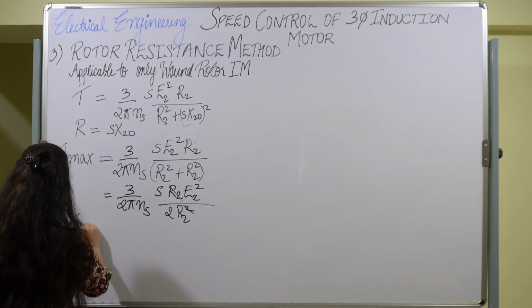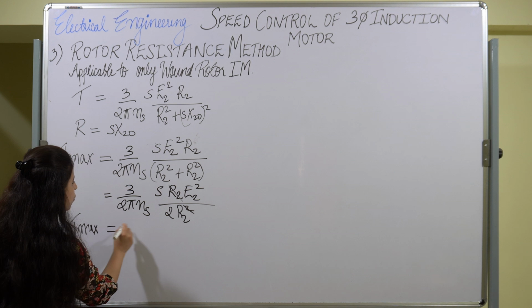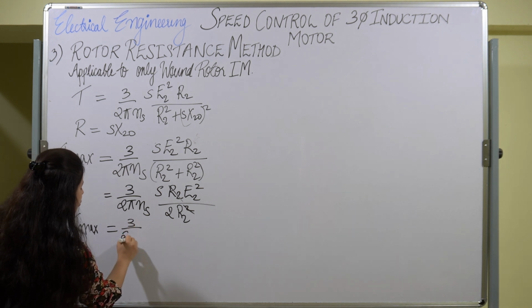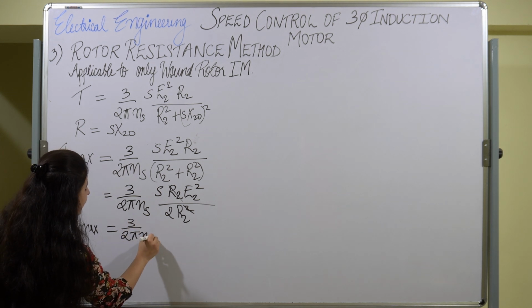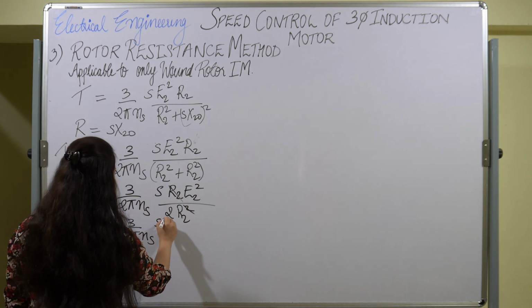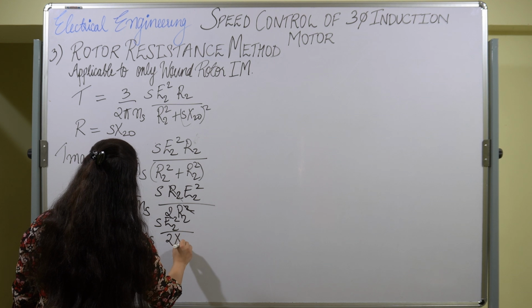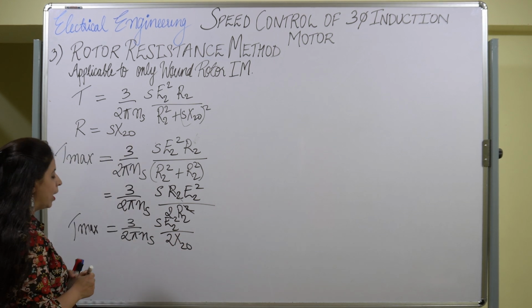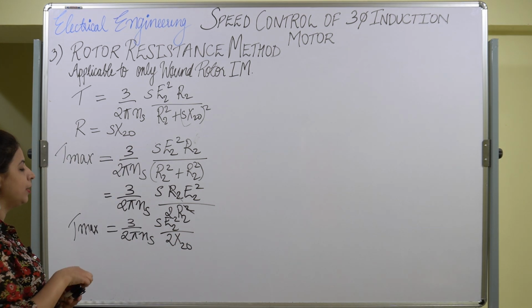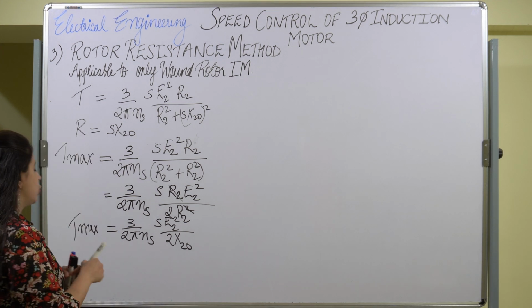So my Tmax will be equal to 3/(2π ns) × s E2²/(2 s X2 naught). So ultimately my maximum torque equation is not depending upon the resistance. It is independent